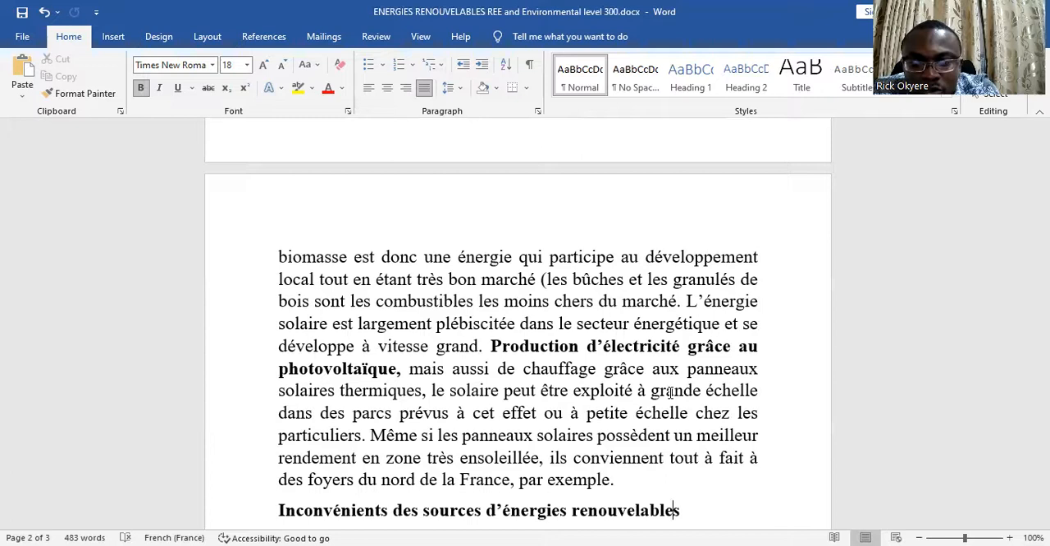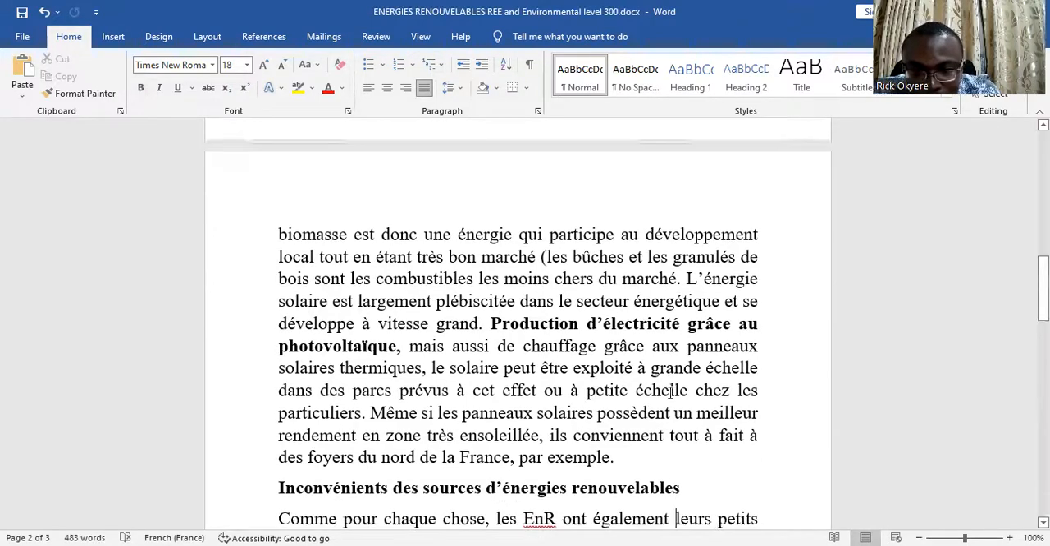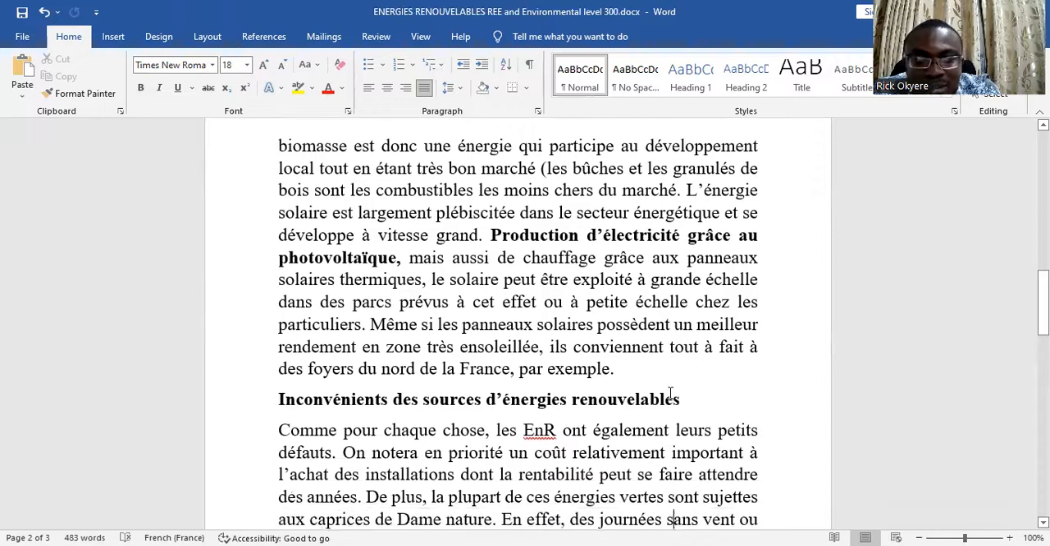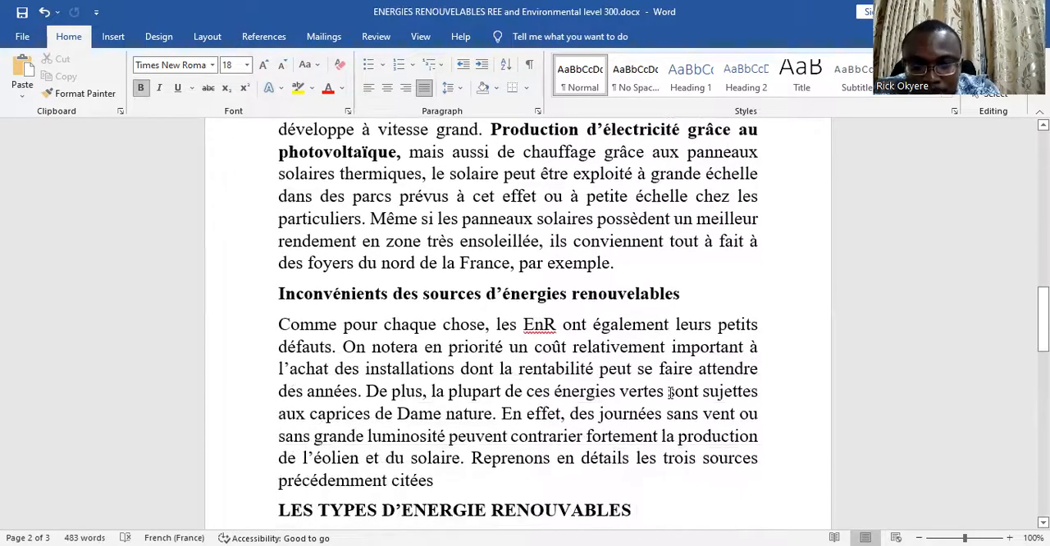So même si les panneaux solaires possèdent un meilleur rendement en zone très ensoleillée, where the place is sunny, you can use the solar panel terminals to absorb heat, which can be used to generate electricity to power any place you want. Okay. Now let's look at some inconveniences of the